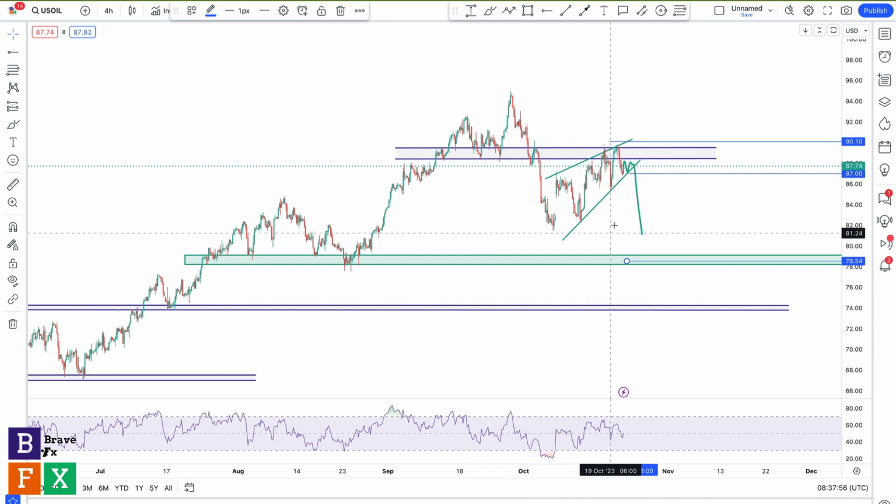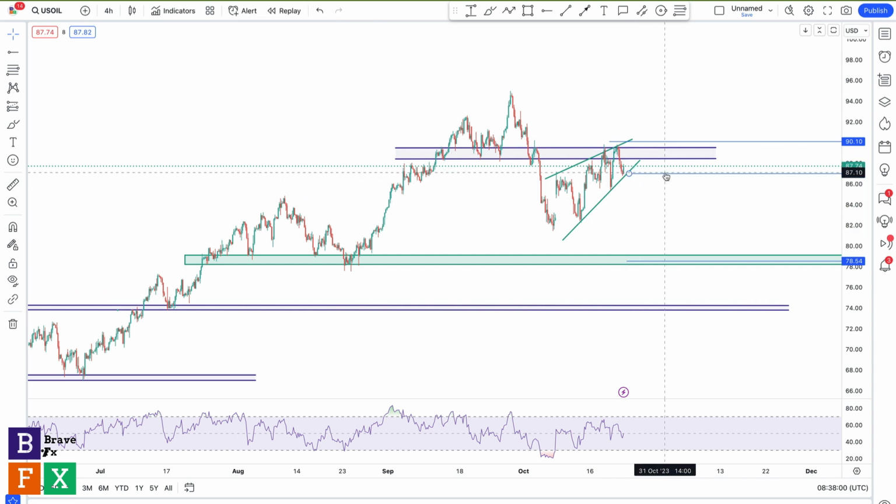So this is what I'll be watching out for to go short. As for a long position, I'm simply going to wait for something like this. Excuse me, I'm going to get rid of these